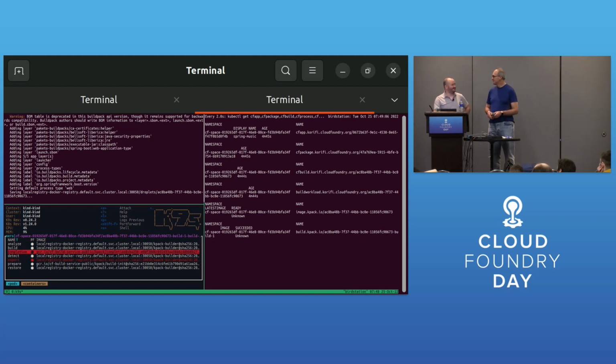Any thoughts? What do you want to see? Pardon? I haven't noticed it to be super slow, but most of it is usually network for me, because you've got to pull down the various, like for here, the JDK, the JRE, any of the other build tooling. That's usually the bottleneck in my observations, but I don't know. What about you? Yeah, can't say I've noticed it be particularly slower, but we haven't done side-by-side comparisons to be sure.